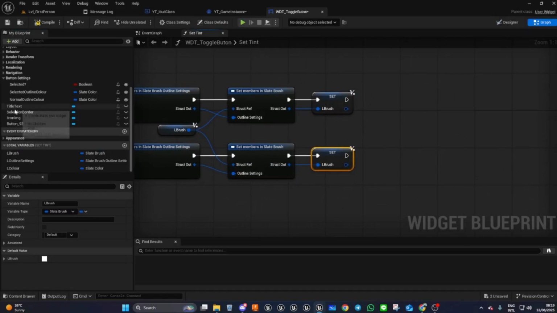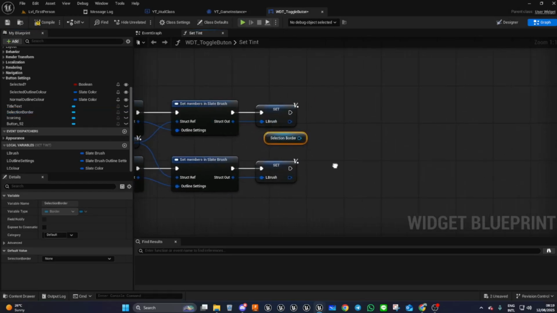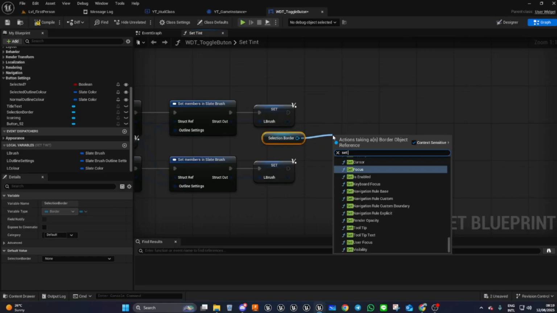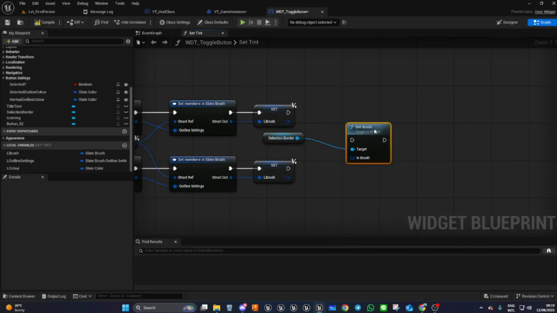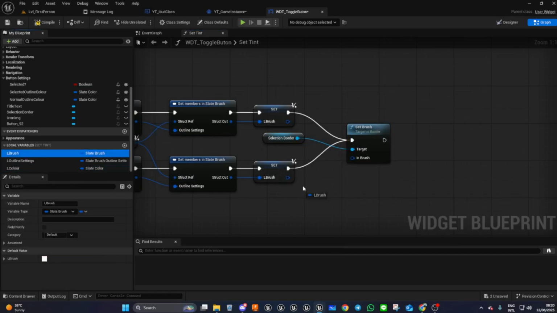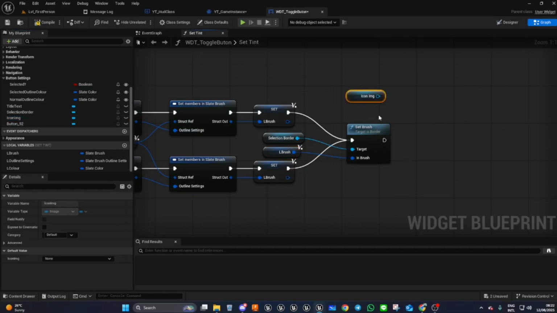Then we are going to get our selection border. And we're going to say set brush. Join that to both. And the brush is going to be our L brush. Then we're going to get our icon. Okay, so we selected our border. We're also going to bring in our icon image. And we're going to say